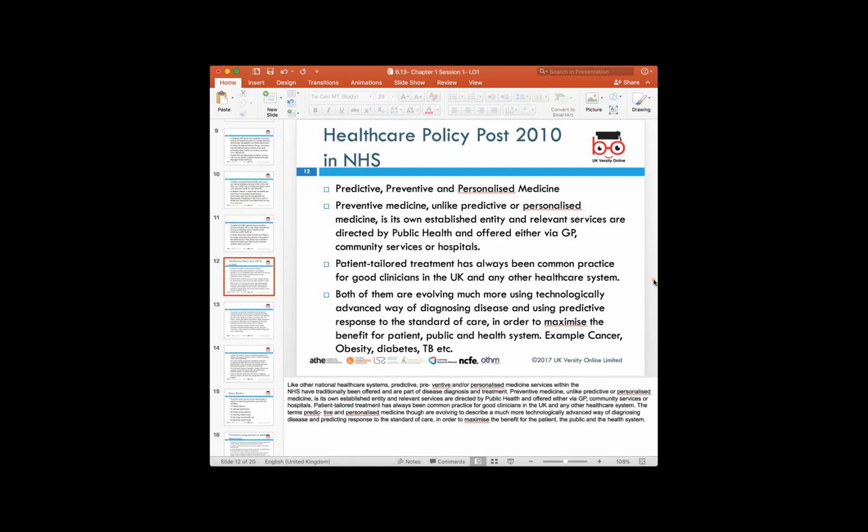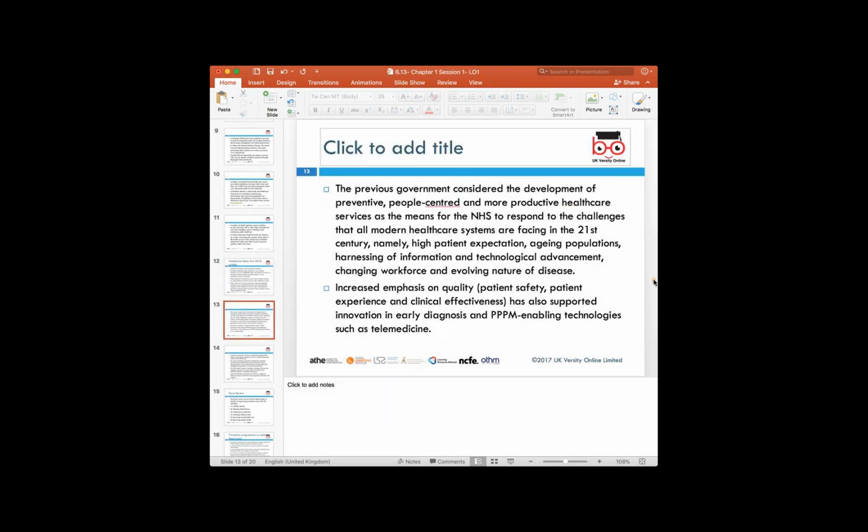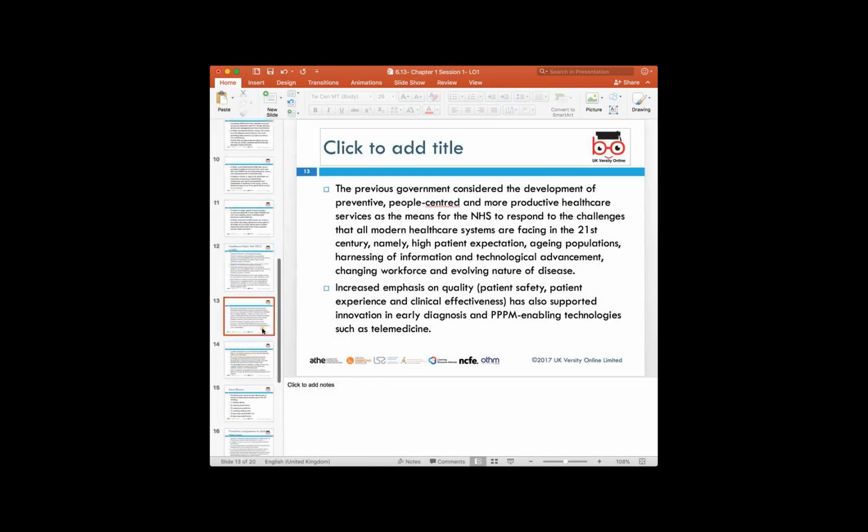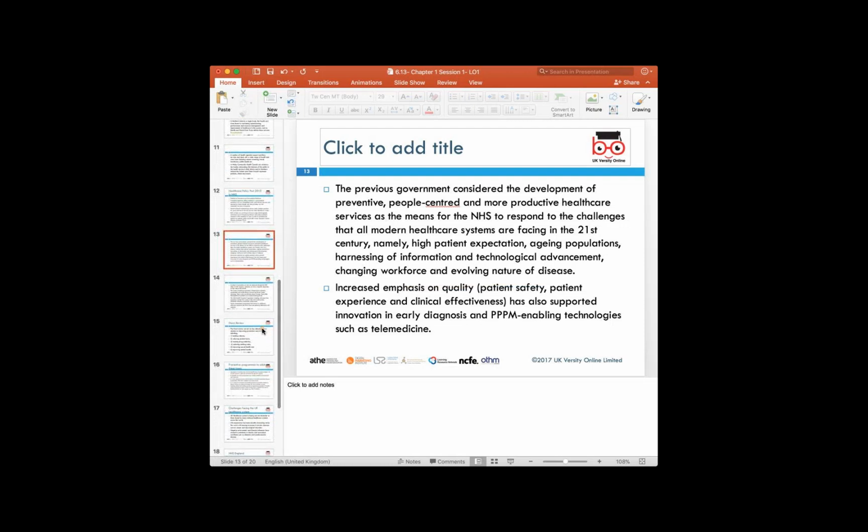So the fundamental principle of the 3 Ps, predictive, preventive, and personalized medicine, was brought in after the changes introduced in terms of the Healthcare Act, and this was implemented post 2010. Now, the PPP is explained in the next few slides, which talk about why this concept